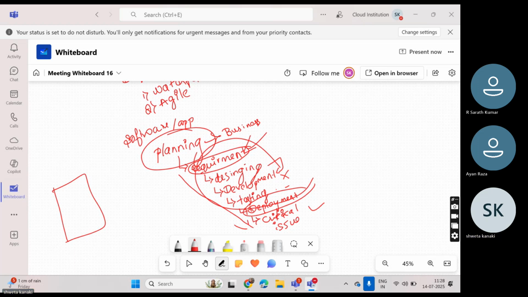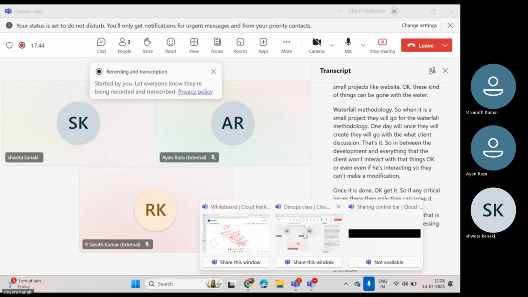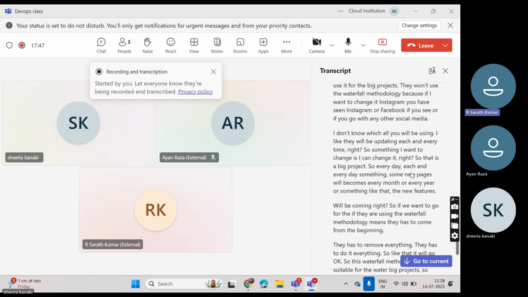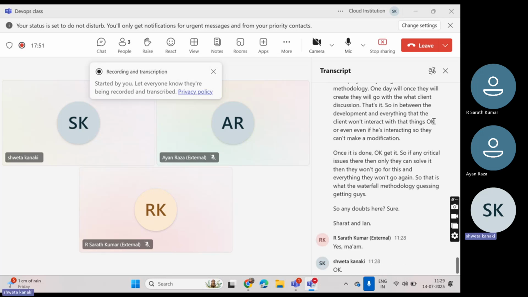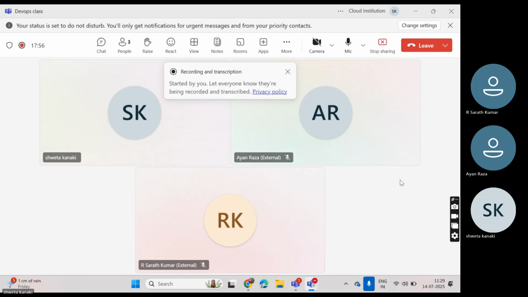Getting, guys? Any doubts here? Sure. Sharath and Ayan? Yes, ma'am. Okay. Ayan? No one? You didn't get it? Any notes? Oh, okay.